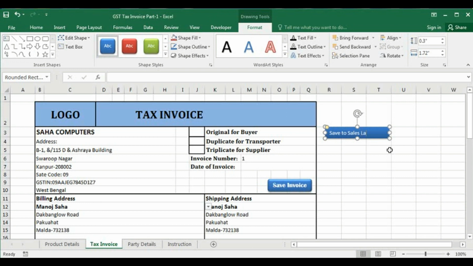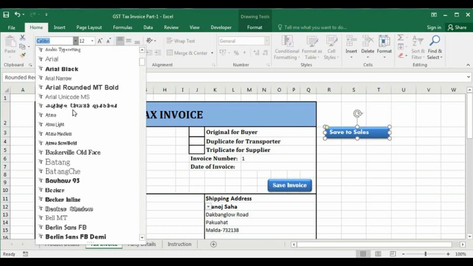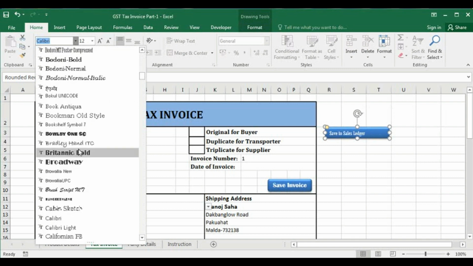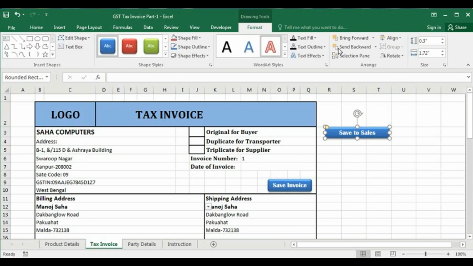Now format this one, Britannic Bold as same as this one, and now font will be 12, then we'll do it here middle, and then again go to format, increase the width.